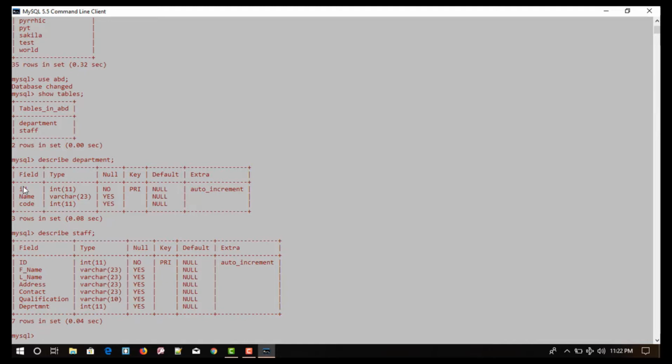Now I have to execute the name of the employee, its address, its contact number, its qualification, and the department in which he works. So let's see. So here there are two tables, so we will use joins. Select star